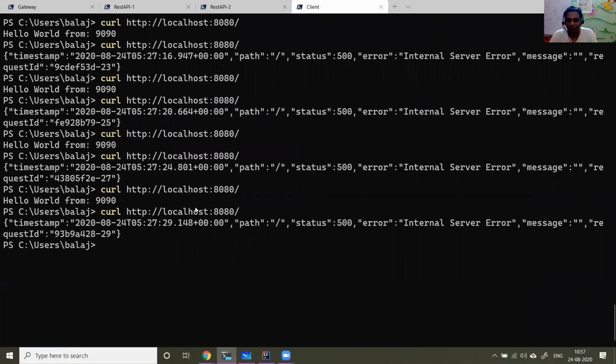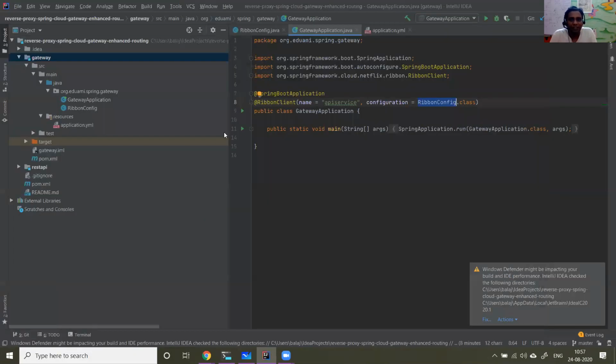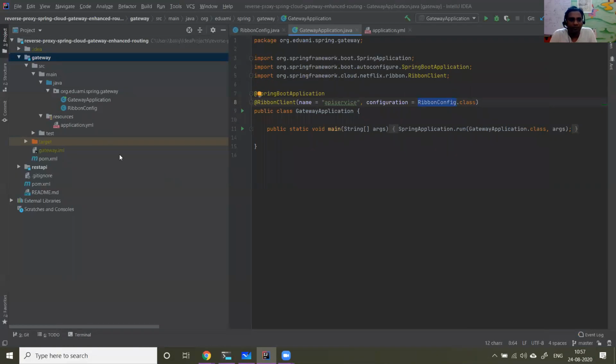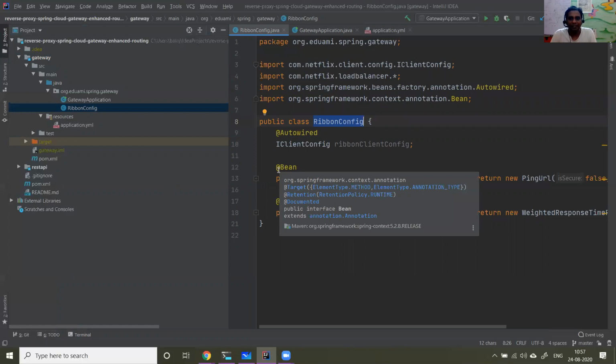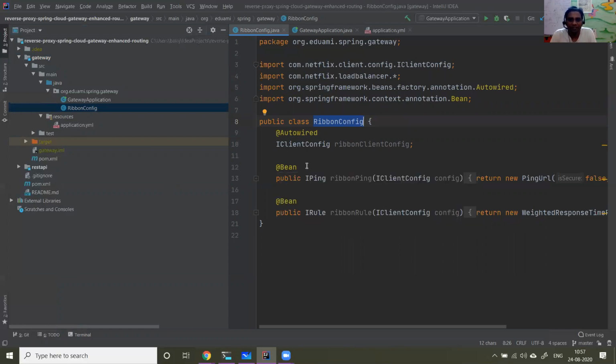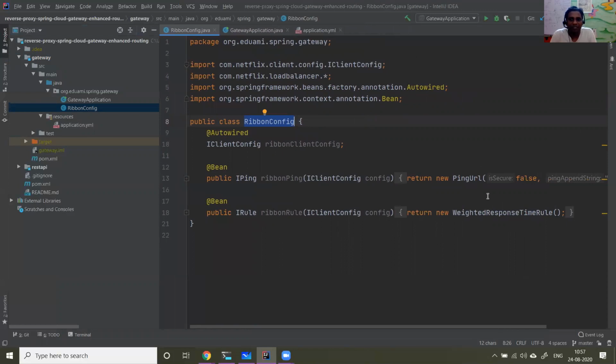Let me give it some more time for the effect to come into play. All you need to understand is that you can configure the Ribbon client with this interface, and before forwarding any request, you can say to run these rules.